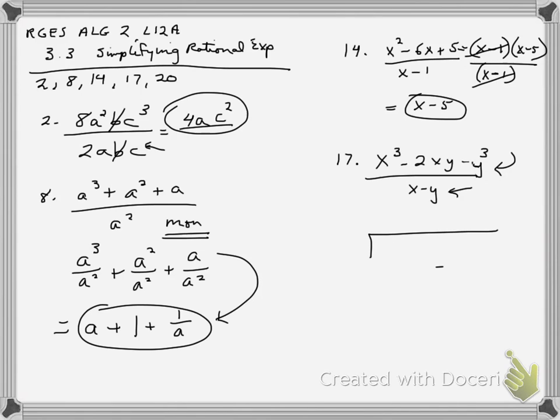Now remember, let's remind ourselves of a couple things with long division. First off, we have to put placeholders. So I would have x cubed plus 0x squared y